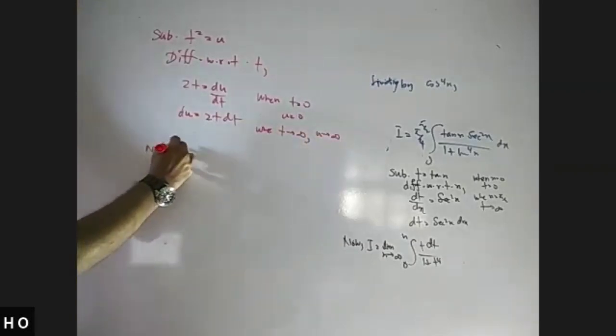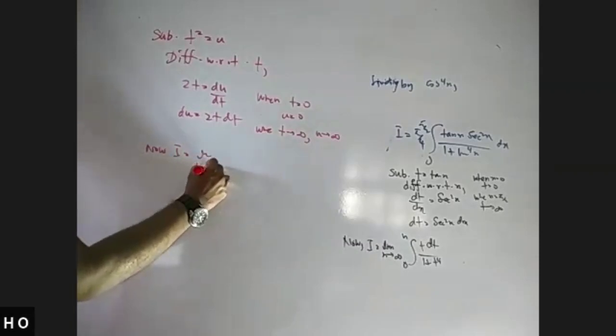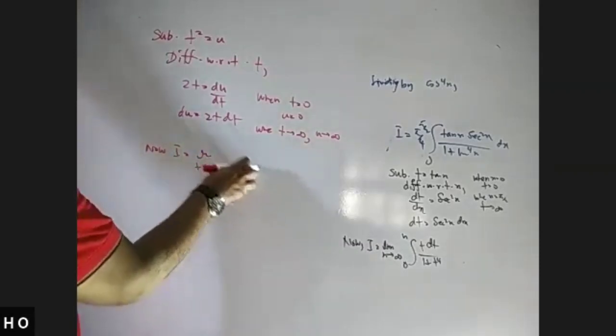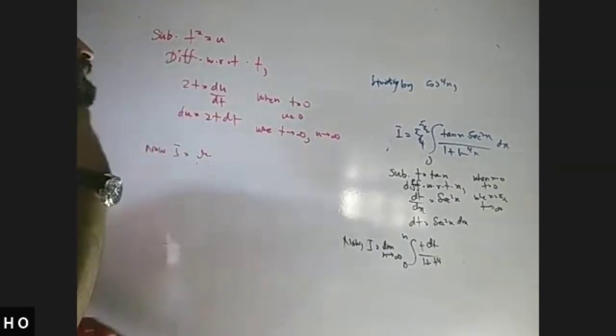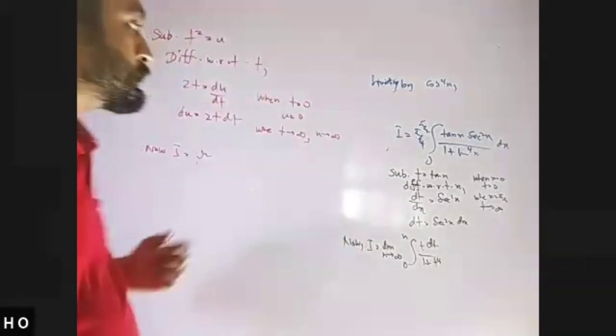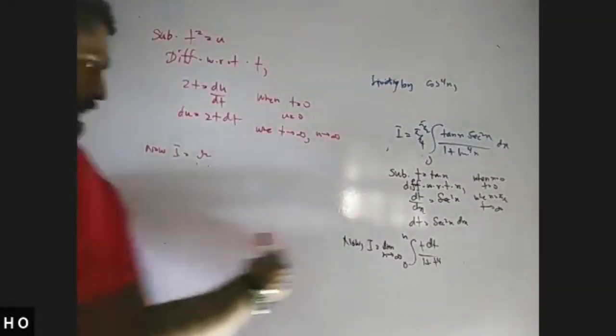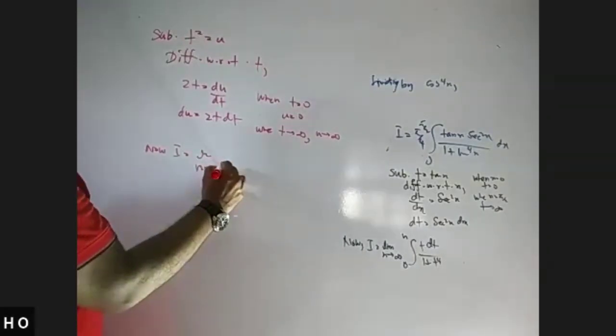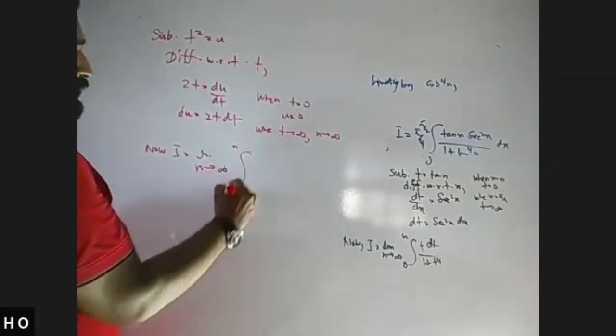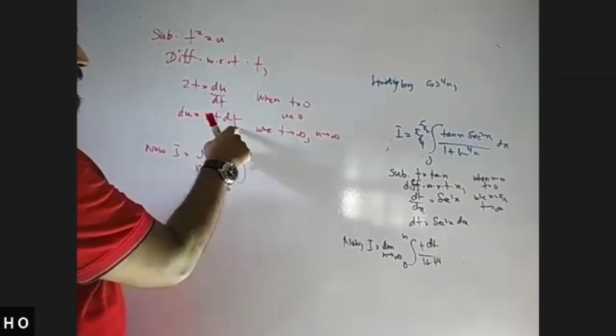You can see now I equals limit t tends to infinity. Sorry, u tends to infinity now. Previously, that was about the limit. Now, as you cannot put infinity right away here, it is not a number, you can use n again, it doesn't matter. n tends to infinity, n to 0. It is going to be t dt is,